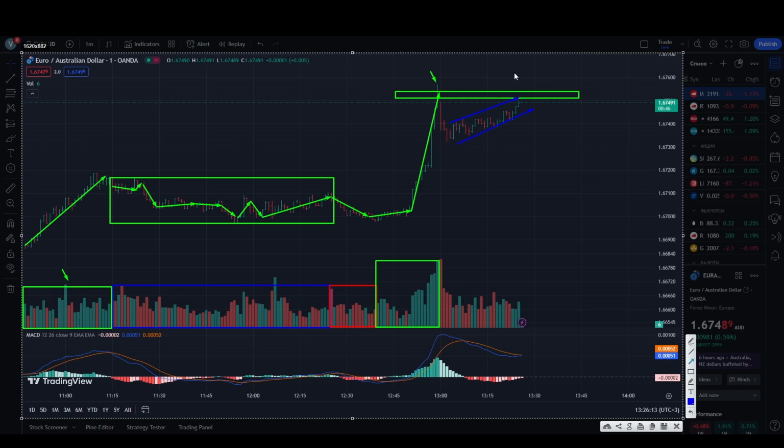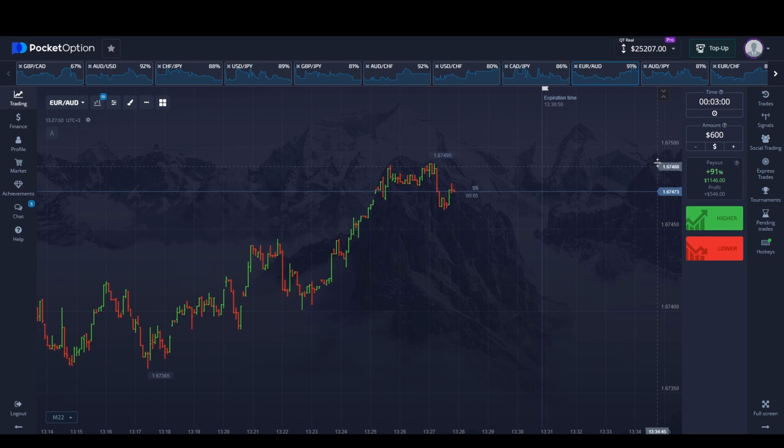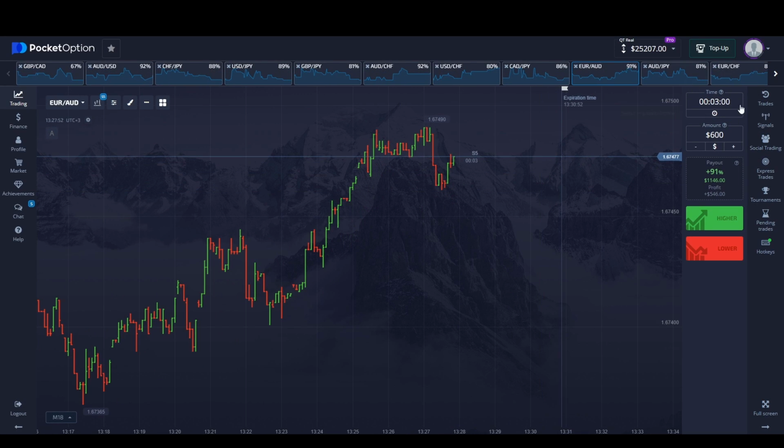However, buyers do not have enough strength to break through the resistance area. We can clearly see that just before our entry into the trade, it's the sellers who have the upper hand, both in terms of volumes and other indicators, which means we shouldn't expect a breakthrough of the resistance area, so let's trade downward. I return to the broker and invest in a down trade again for 3 minutes, this time